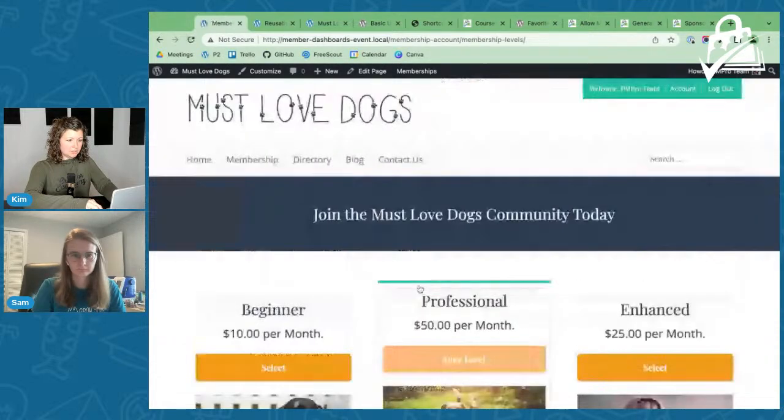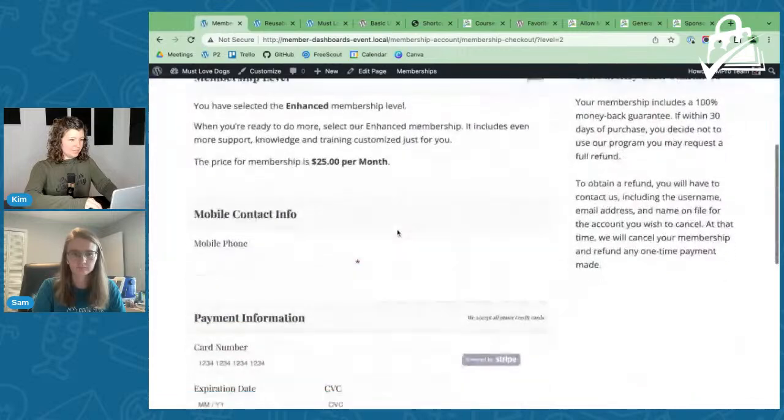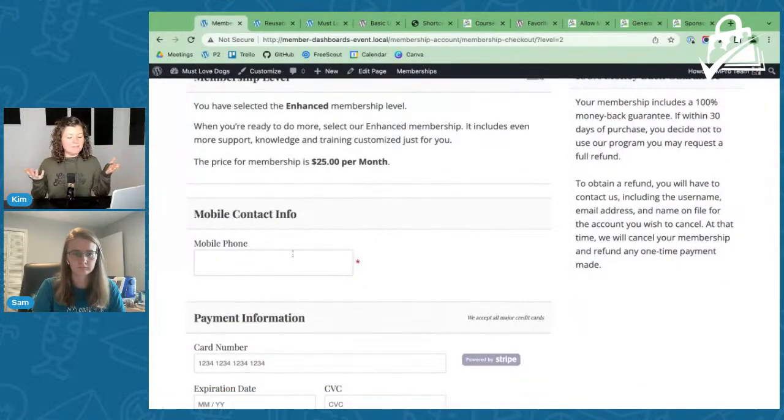And then I want to see a checkout page. Okay, here's a checkout page. So now I have my mobile contact info as a field at checkout. Now it's required. It's not validated as a phone number. It's just a free text field. So someone could write like, I don't want to